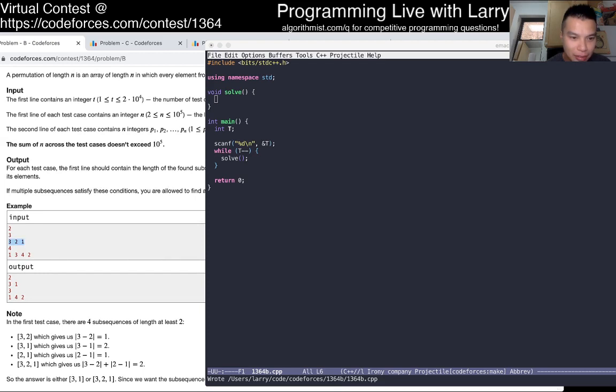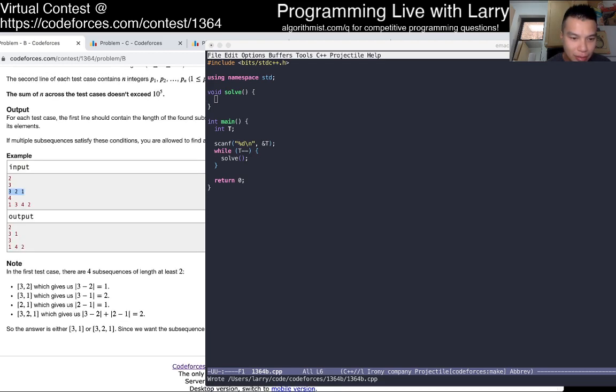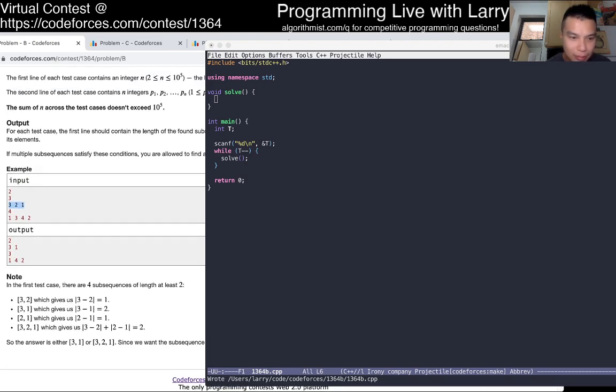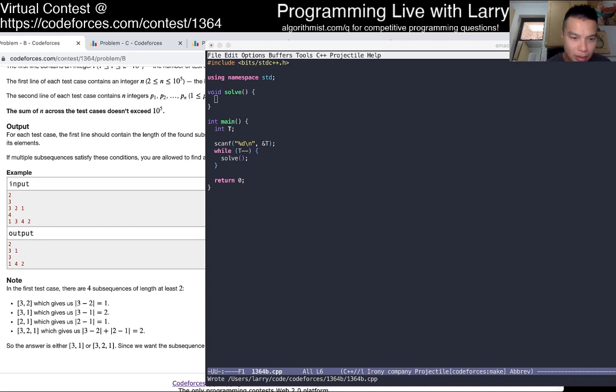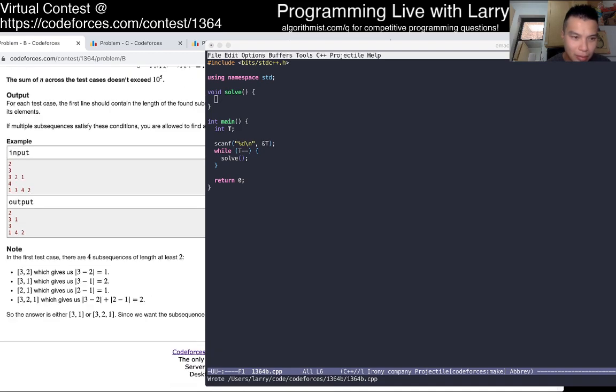Then there are 4 subsequences of length 2.